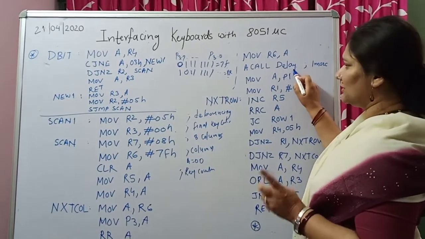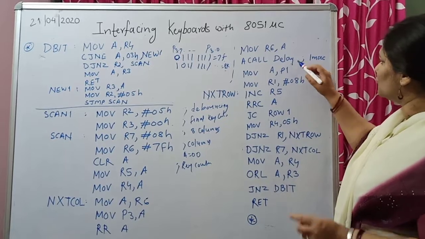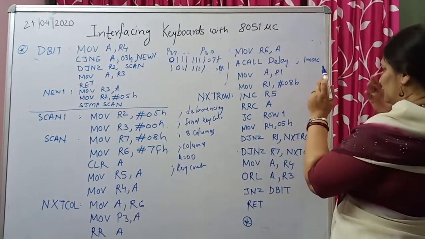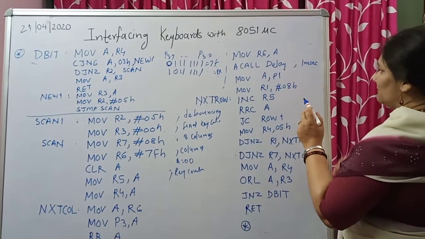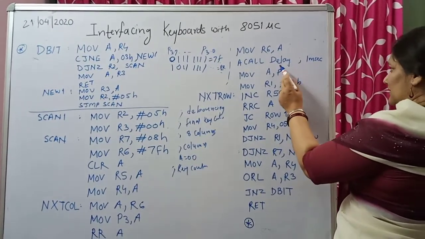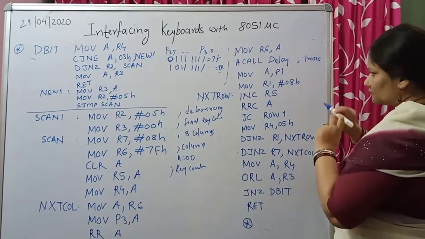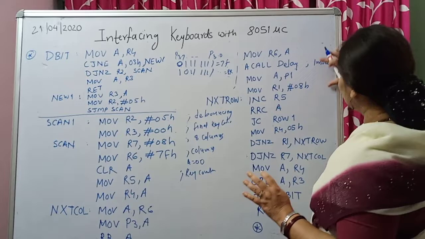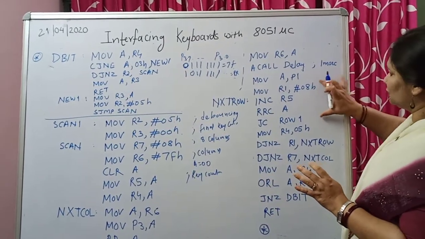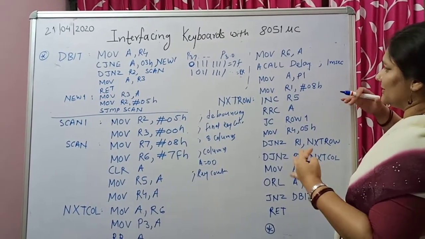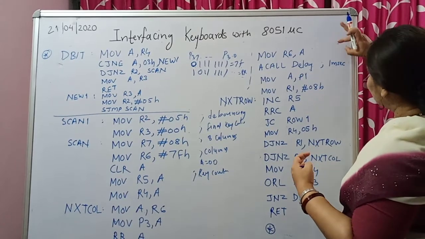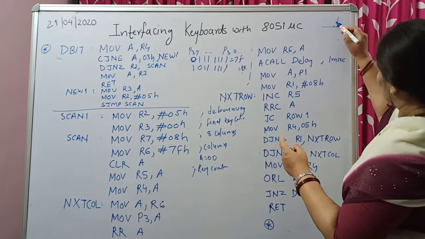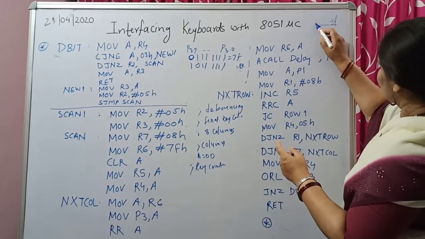This delay program you can write by yourself. You know how to write the delay; we have seen it. The delay is written for 1 millisecond because we have to provide some debouncing period also. Then, because scan lines are given through the output port by us, the programmer, whichever key is pressed associated with that particular column will be available on the row.